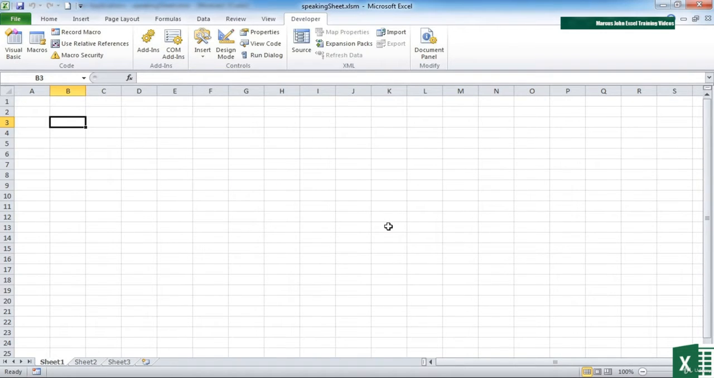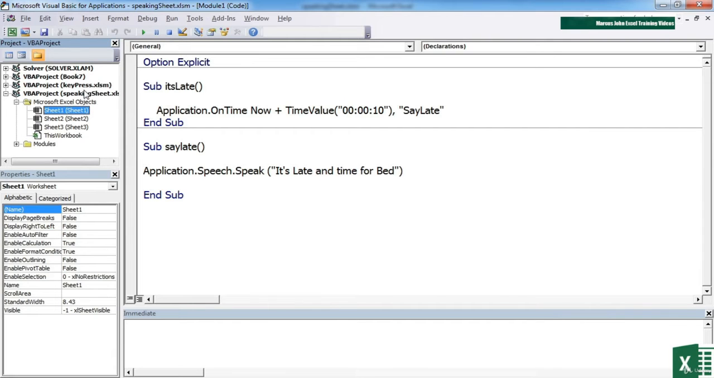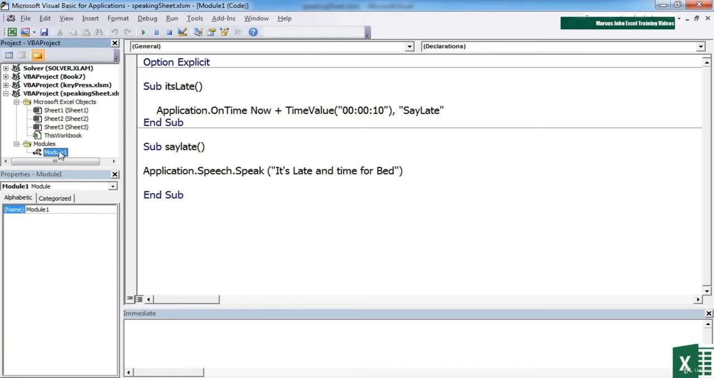Now what you'll particularly find with this one is that in 10 seconds time, we'll also get another message. It's late and time for bed. Which isn't bad 10 seconds into doing any kind of work. And this is all triggered by two special application events. If we have a look in the Visual Basic, and we need to look firstly in the module for this particular workbook,